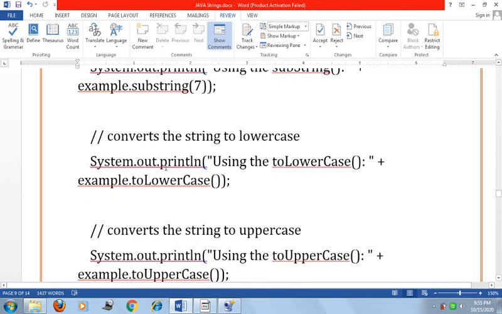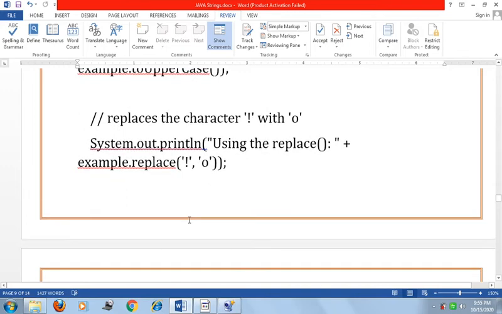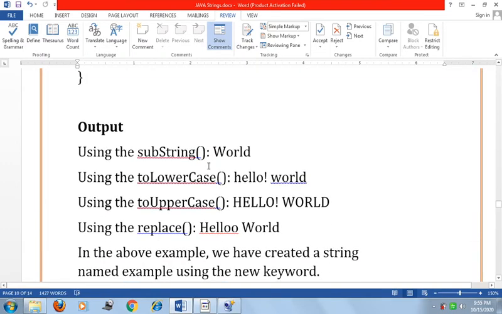Now when we convert the string to lowercase, we call the toLowerCase function. When we convert the string into uppercase, we call the toUpperCase function. Now when we replace the character exclamation with O, we use replace, where here is the old character and here is the new character. It will be shown in the output.